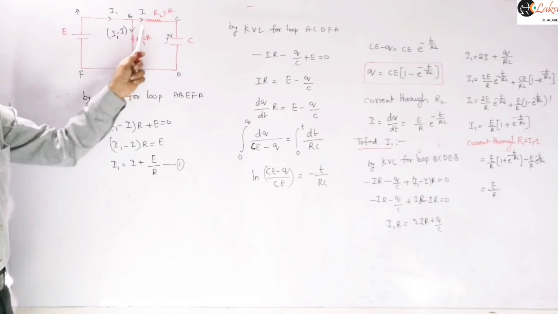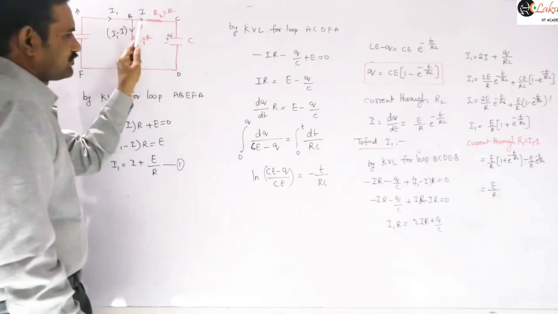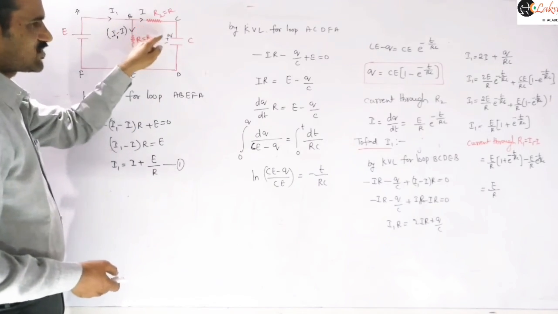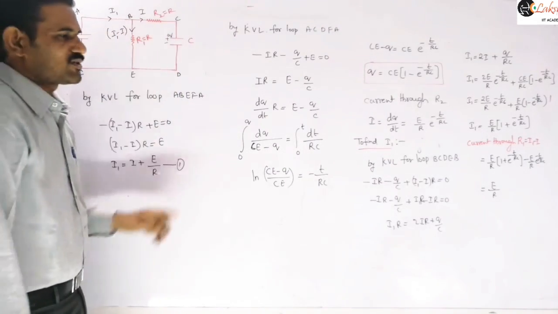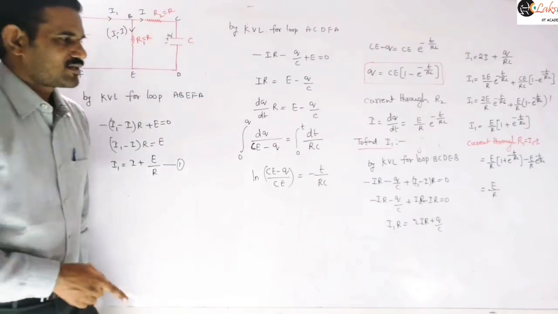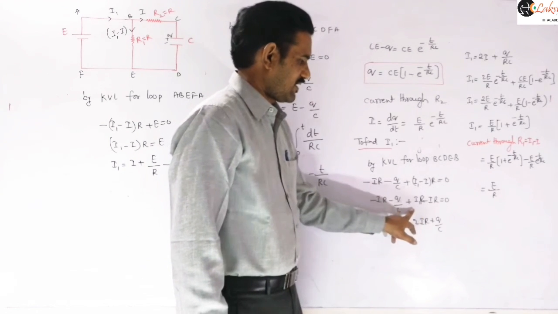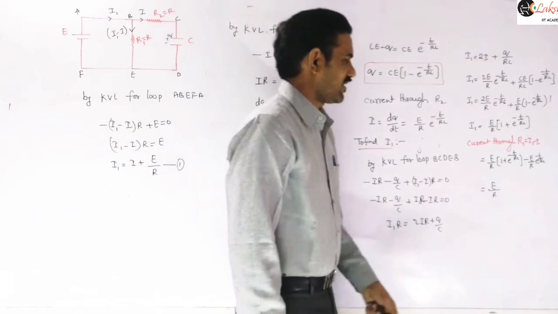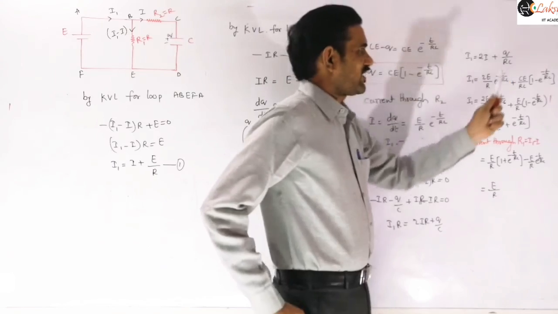For that we need to write Kirchhoff's law for this loop. So for this loop I am going to write Kirchhoff's law. I can observe that the first term is minus IR, for this loop I am applying this direction. The next term is minus Q by C, and here we are traveling in the direction opposite to that of the current. So it is plus I1 minus I into R. So the expression is minus IR minus Q by C plus I1R minus IR. From this, on simplifying, you will get the I1 value as 2I plus Q by RC.